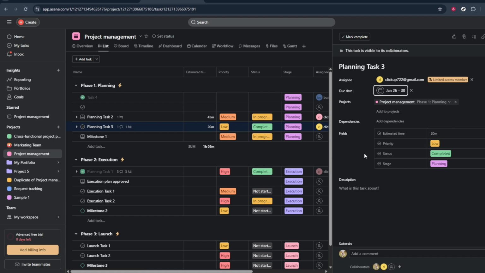Once both dates look good, simply close the date picker. Asana will now display both the start date and the due date on your task. That's all you need to do to add a start date in Asana and give your tasks a clearer,